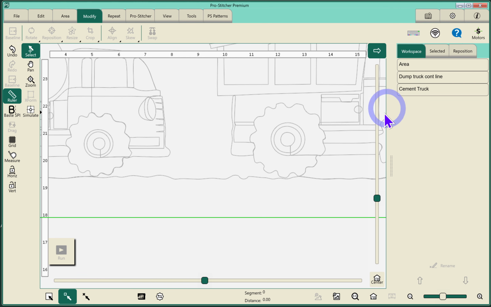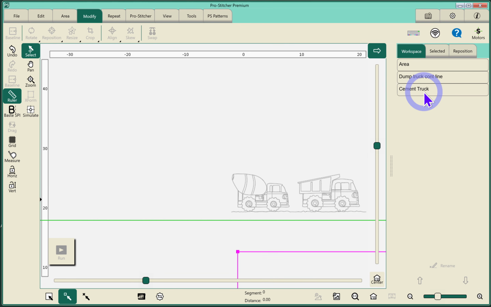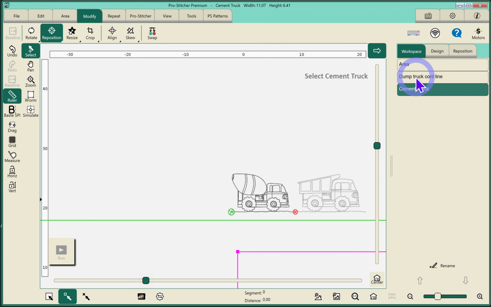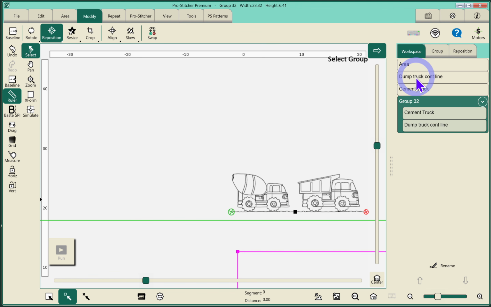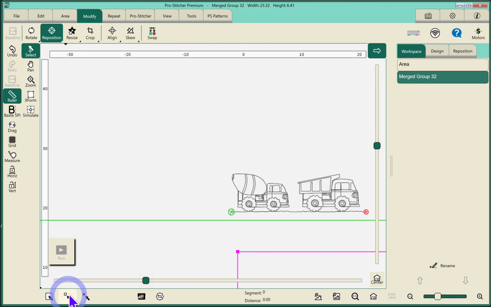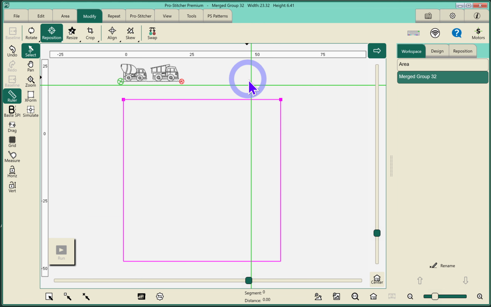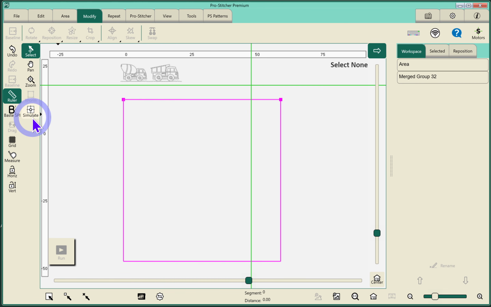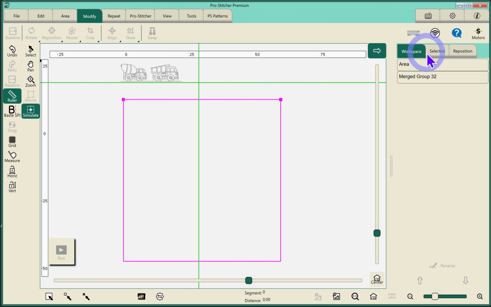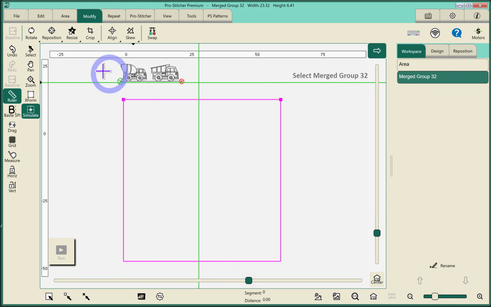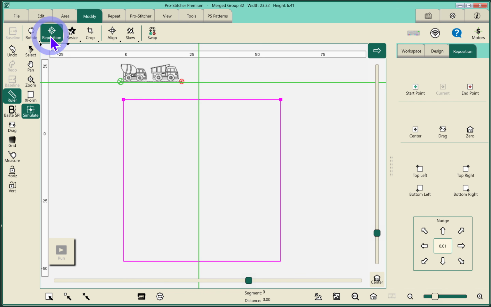We'll try the cement truck and then the dump truck. There we go. Not sure why select all didn't work. It should have. But we're looking for that black box. So now I'm going to baseline that, turn off multi-select, and then I'm going to repeat that process. All right. So I'm going to move my crosshairs, whoops, a little closer here, select my merged group, modify, reposition, endpoint, baseline,